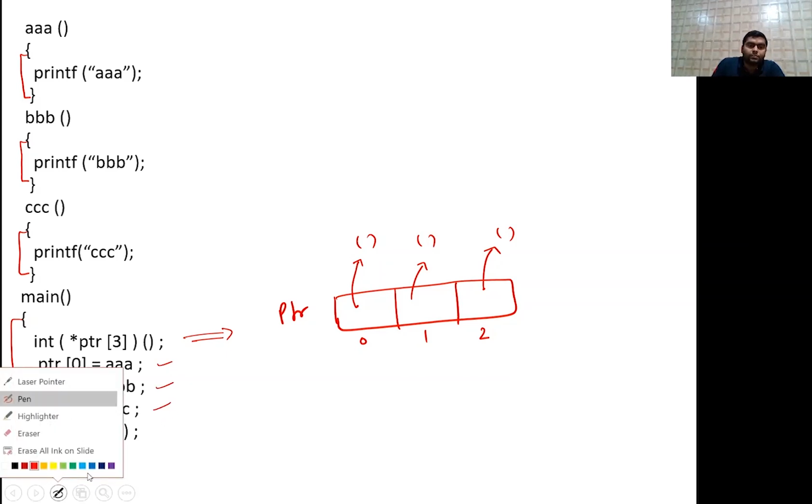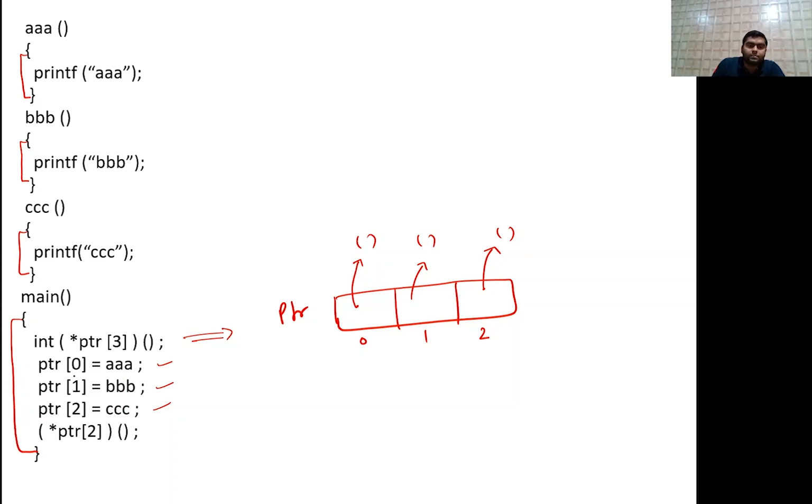Now after this, what will happen? PTR 0 will point to the AAA function, PTR 1 will point to the triple V function, and PTR 2 will point to the triple C function. So this is the impact of these 3 lines. Now star of PTR 2, so we are calling PTR of 2.